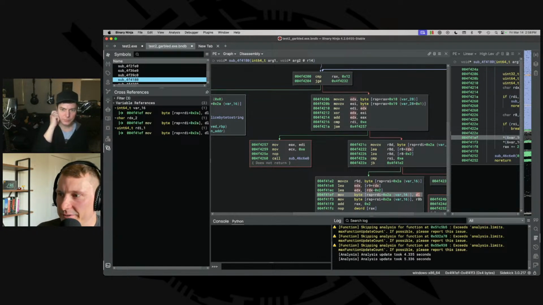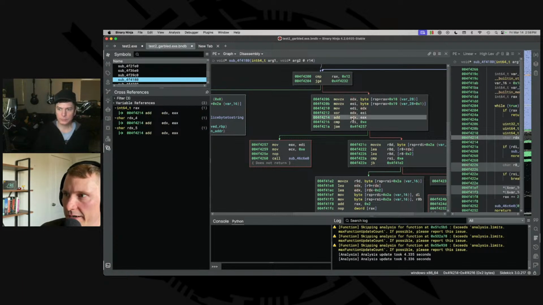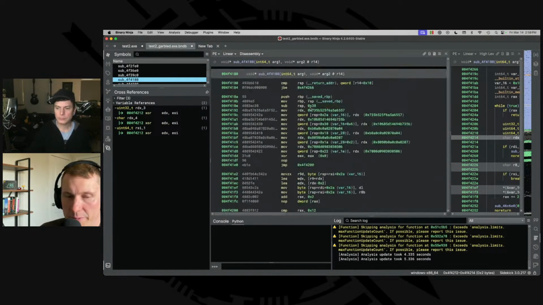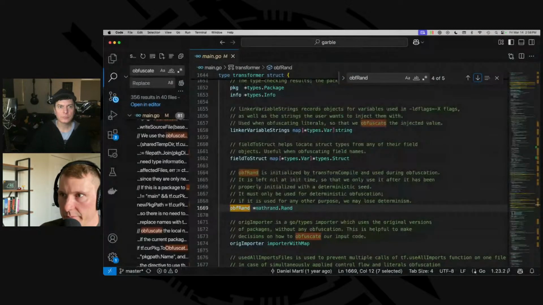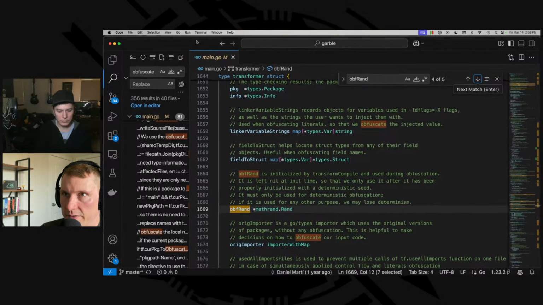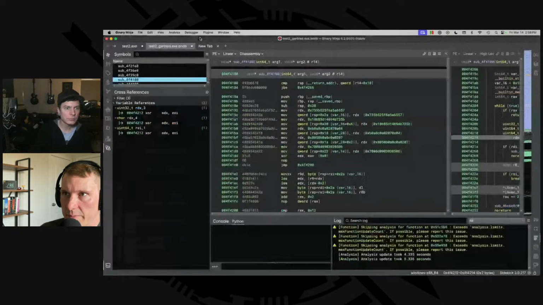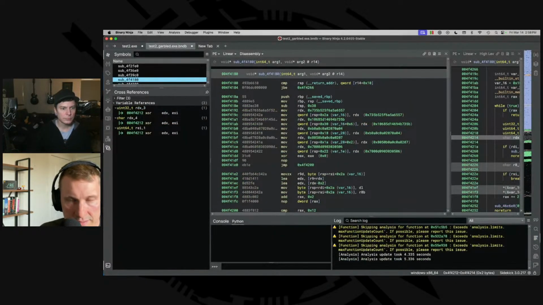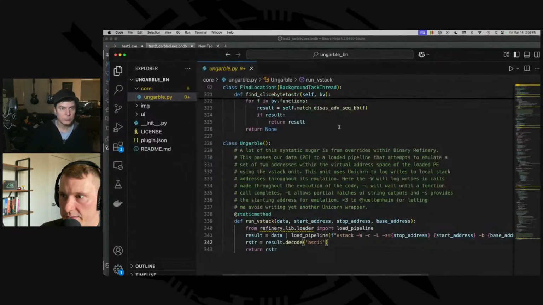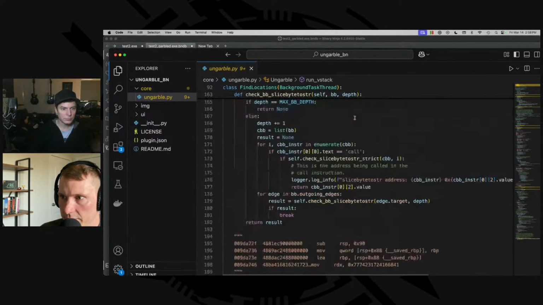All right, cool. Let's keep going. So basically this is all to say that I wrote Ungarble, and I can kind of show you what that looks like. I don't really have to show you the code anymore. Basically, it just does recursion from those basic blocks that I mentioned. So if we go up here,